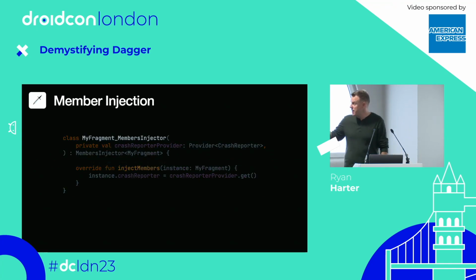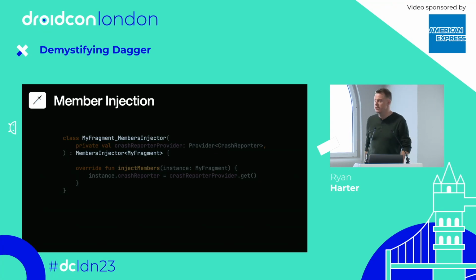In this case, we have whatever our class is called, underscore MembersInjector, that implements the MembersInjector interface. And the naming of these things, the fact that they live in the package where the base class is defined, and that their name includes MyFragment in this case, because that's what I called my very creative fragment,